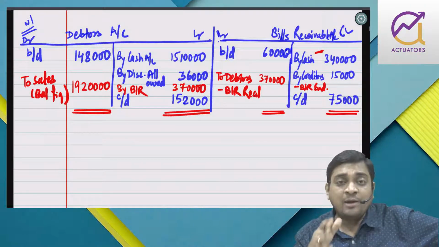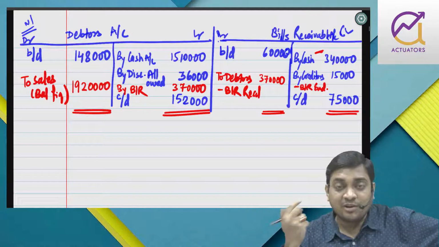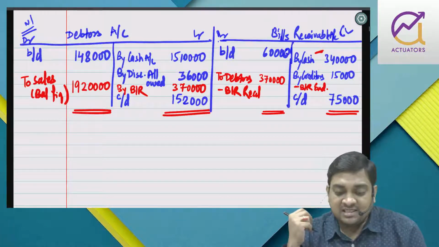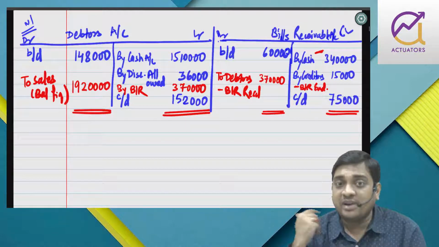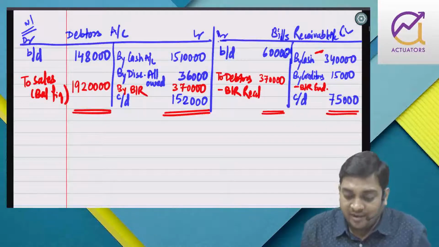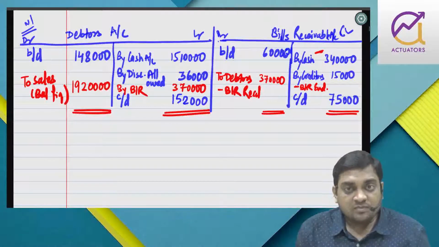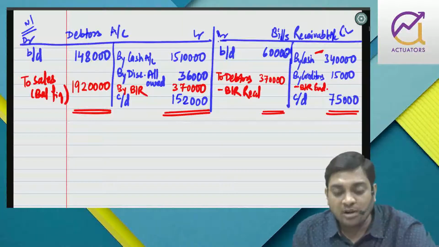In the similar way, I could have prepared creditors and bills payable, but there is no use, because from creditor 2 datas are missing. So in that case, I cannot get credit purchase from creditor. I have to get purchase by a different way, that is the trading account way. Is that fine? Got my point? So this thinking will develop once you practice more and more sums, right?